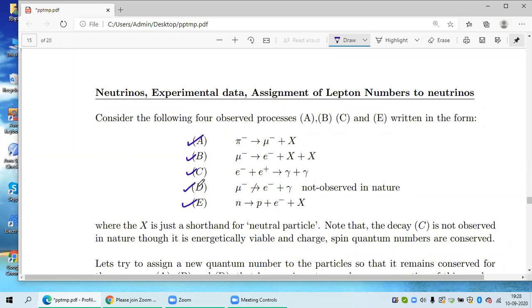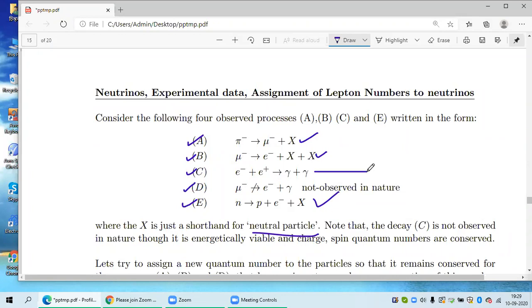Okay, 4 of them happen in nature and we have discussed them already. One is the decay of pion. One is the decay of muon. Experimentally it has been discovered in cosmic ray showers. I said that by looking at the tracks, you can find these decay channels. X is again some neutral particle. So these 3 we discussed: neutron decay, pion decay, muon decay.